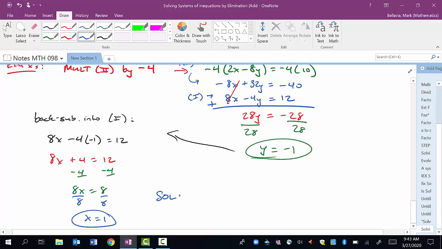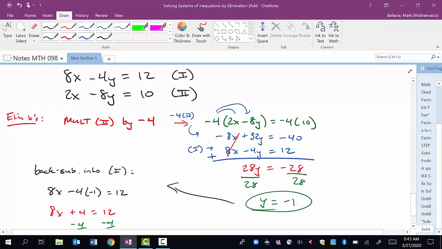So my solution here is, remember, x, then y. It doesn't matter the order you found them. Always x comes first. So it's 1, comma, negative 1. That's the point on the graphs where these lines will intersect. Now, you could do this